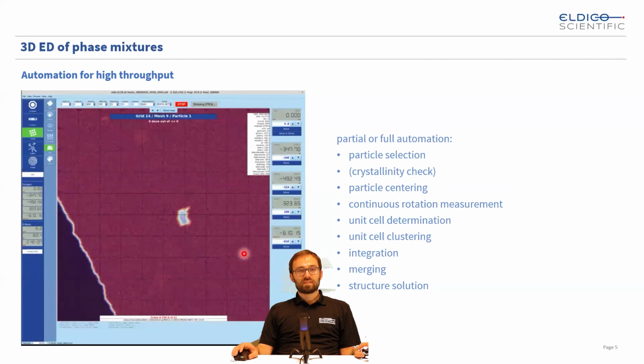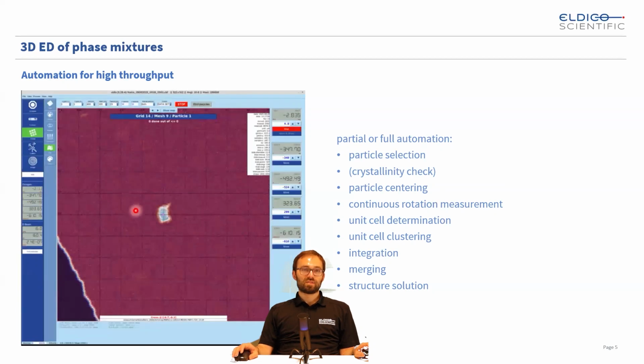The software also does a centering of the particle. So first we will get it into the middle of the image where the beam is located. And then we will do a centering. So we rotate a little bit. We will see the crystal moves out of the beam because it was not in the eccentric height, which is then corrected by the software here. So now we have the crystal in the eccentric height, and we can perform a continuous rotation data collection,